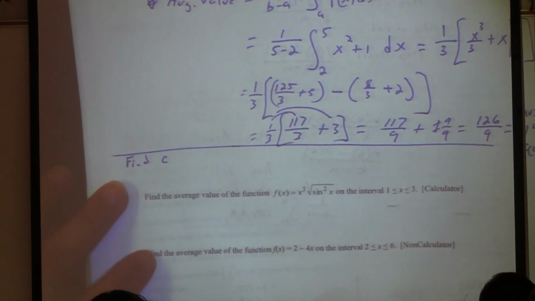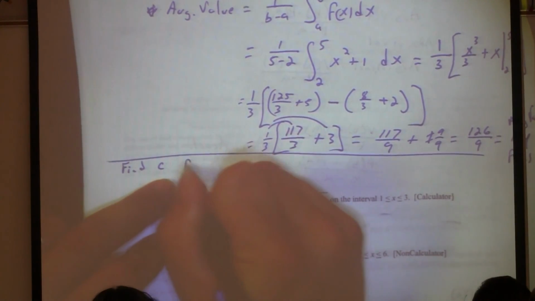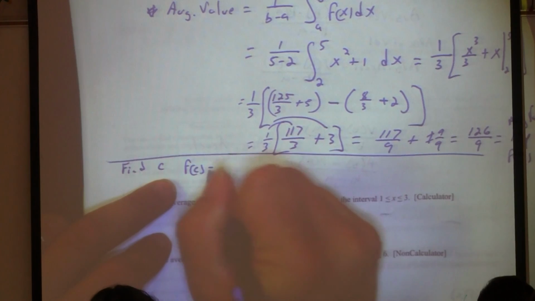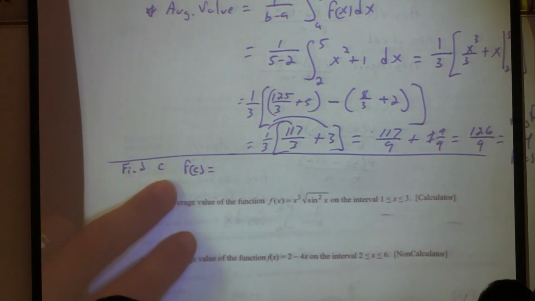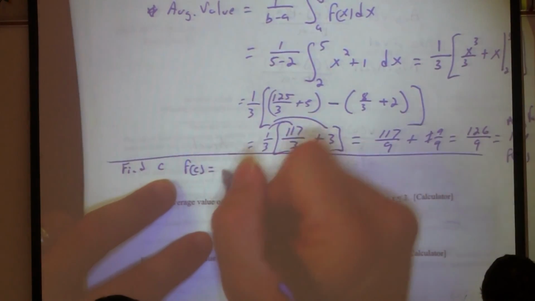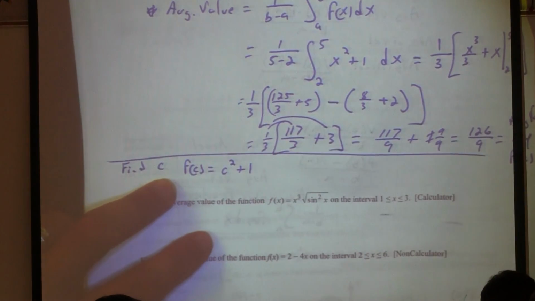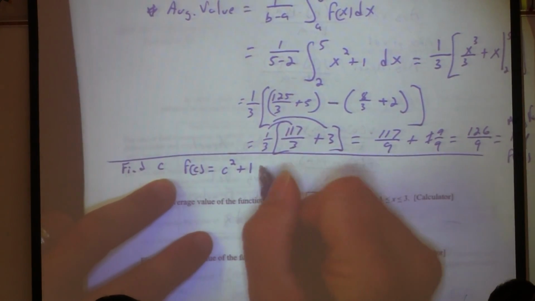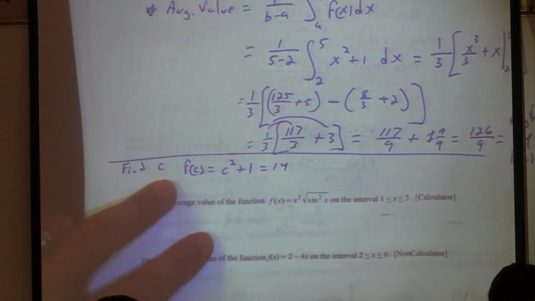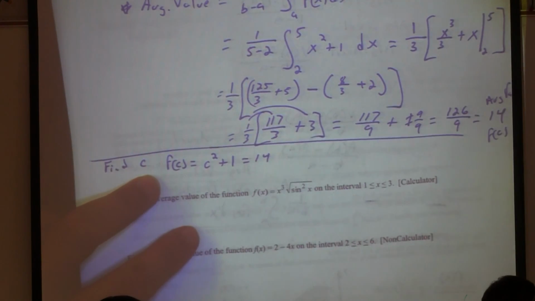How are we going to find that c? Equal it to x squared plus 1. Very good. So equal it to the function, the original. So if I find f of c, I get c squared plus 1, right? And we know f of c is 14. So now we can work it there. So minus 1